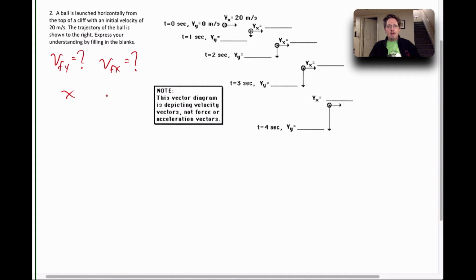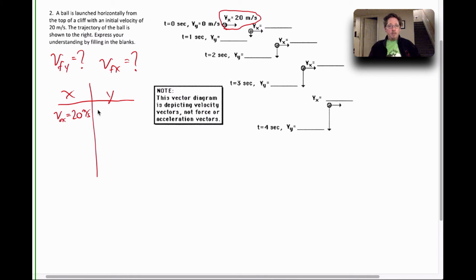So I'm going to make an xy table. Some people on their xy table like to list their motion variables right down the side, and they fill that in. That's one good way to do it. Another good way to do it is I don't do the table so much, I often just write my givens. So for example, it said the initial velocity was 20 meters per second. And so they show us here, it's pretty clear that that velocity is entirely in the x direction, 20 meters per second, horizontal. V original x is 20, because if it was launched horizontally,